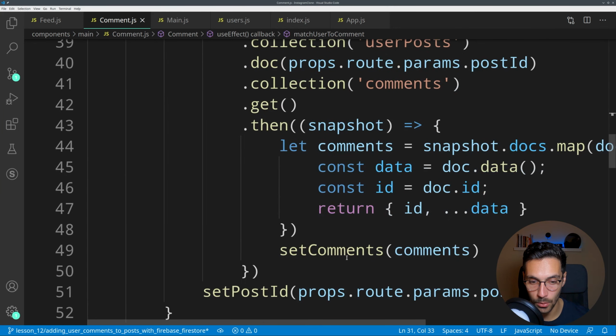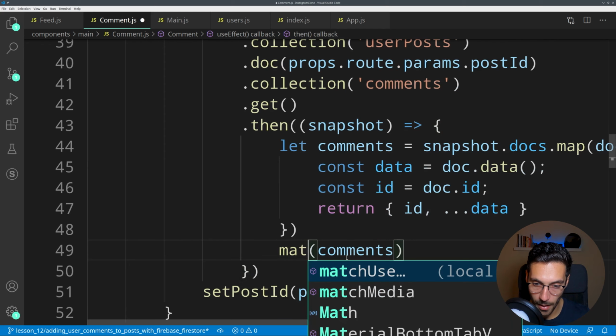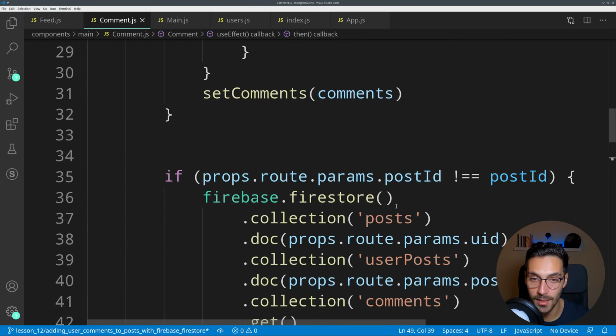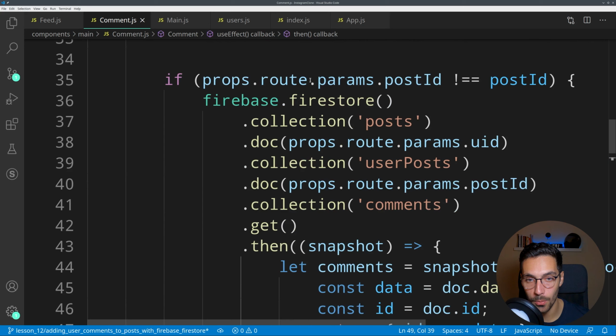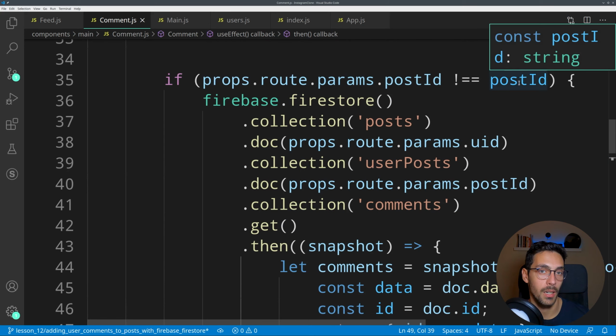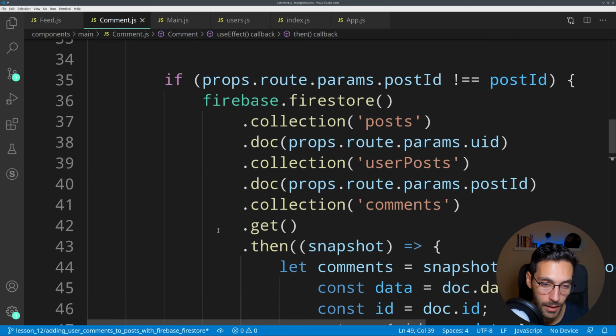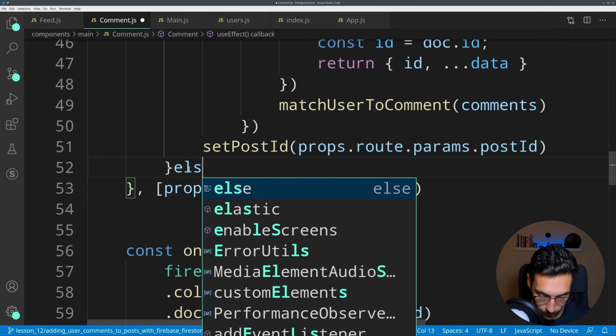So in this case, it won't be set comments, it will be match user to comments, because then the match user to comment will take care of setting the comments. Also, if the props route params post ID isn't different from post ID, or better yet, is equal to post ID in this case, which is the else,